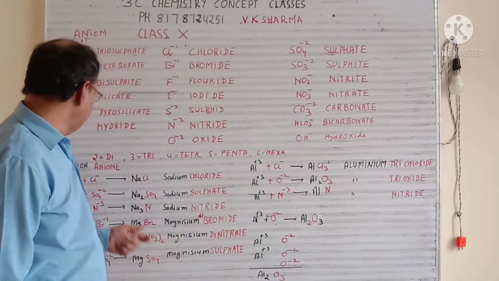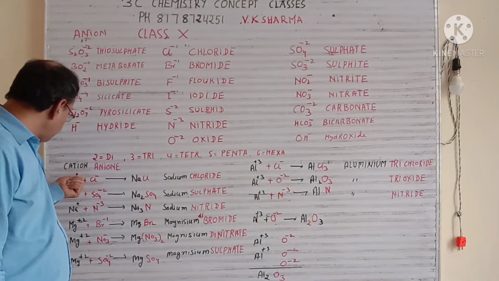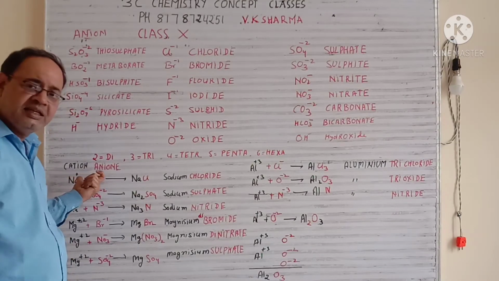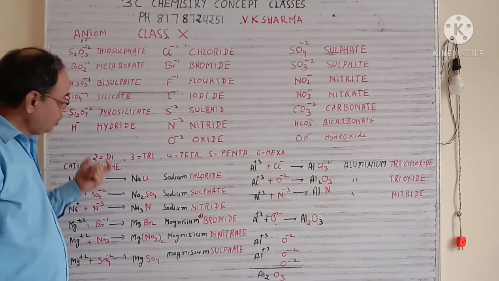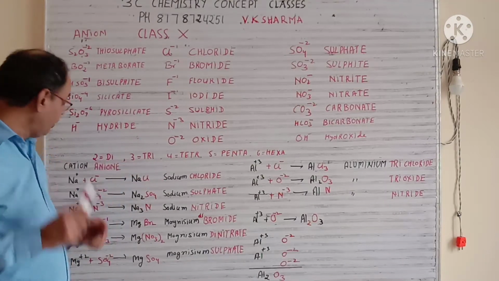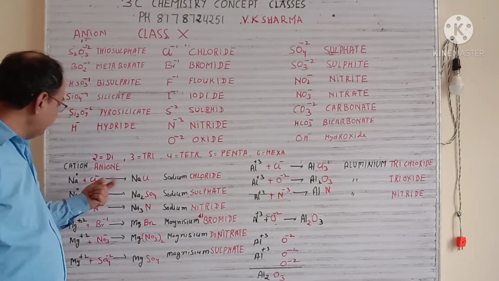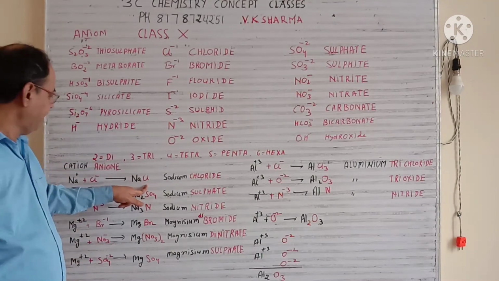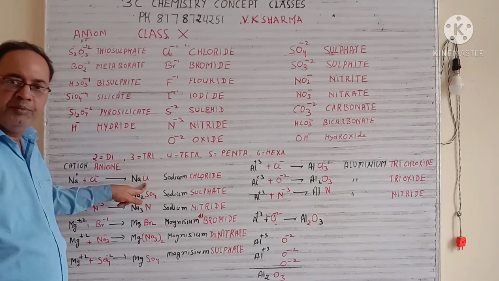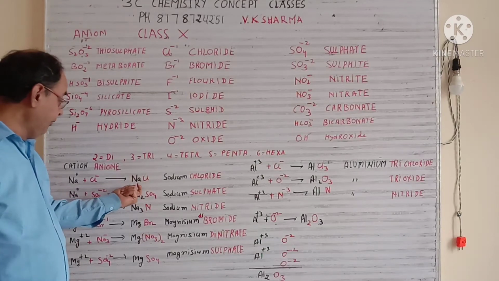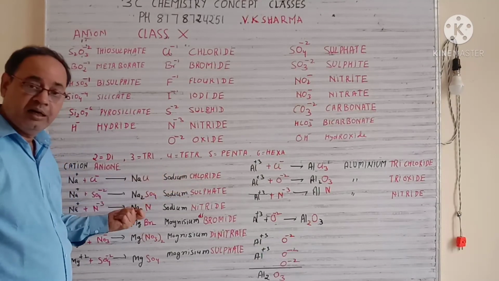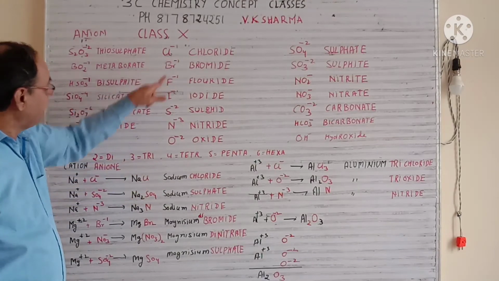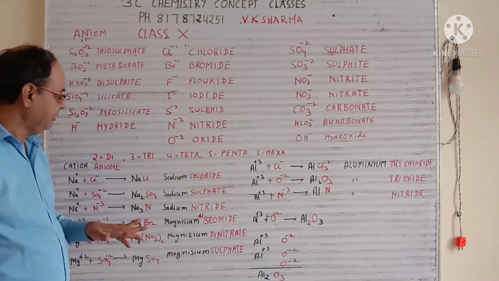So, how can you make it 0? This is one positive, you attach it with one negative, so negative and positive will cancel each other, and they will become neutral. So, your compound can exist now, but in what form? Na 1 positive, Cl 1 negative, the compound will be NaCl, that is eating salt, table salt. So, NaCl when formed will become neutral, it can exist. And its name will be cation written first and anion written later. So, cation is sodium, anion is chloride. So, the name is sodium chloride.